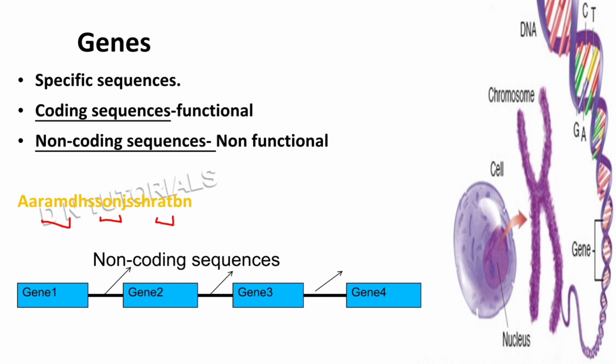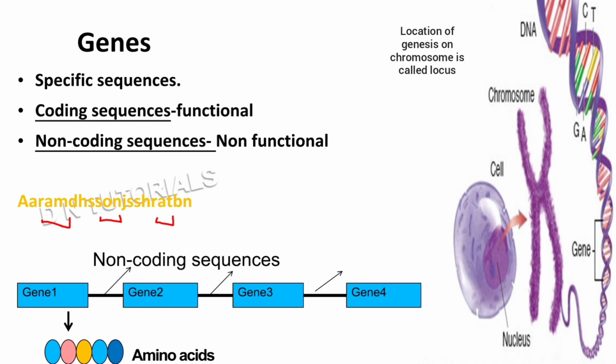In the same way, out of the entire length of DNA, if some section of the nucleotides is going to give rise to some specific amino acid or some specific RNA, it will be called a gene. So a sequence of bases or nucleotides that codes for something will be called a gene. So a gene is a sequence of nucleotides in DNA or RNA that encodes the synthesis of a gene product, either RNA or a protein.